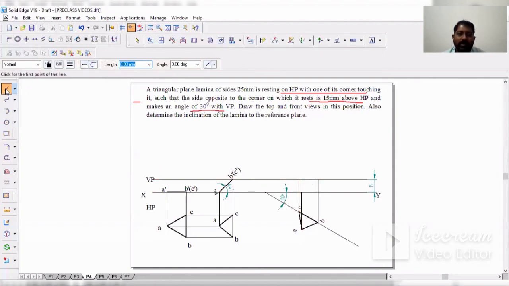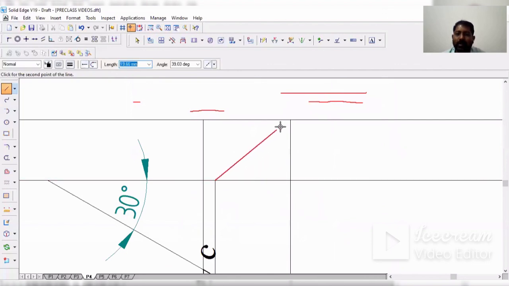Now join, select the line command. The thickness of the line is 0.5. Join A to B. If you are getting confused, just zoom in on that portion. A to B, B to C, C to A.